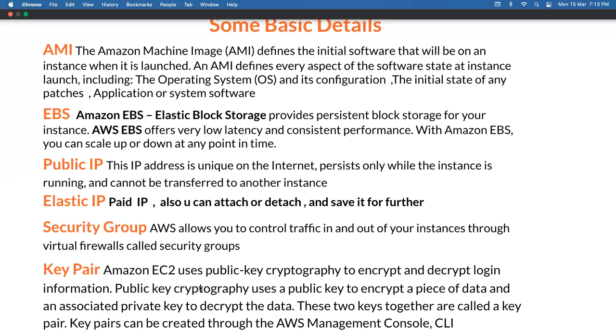That means there are two keys, called a key pair. One key is held by Amazon and one we download in the panel. So one we have and one AWS EC2 has. If both keys match, then our EC2 instance is connected.